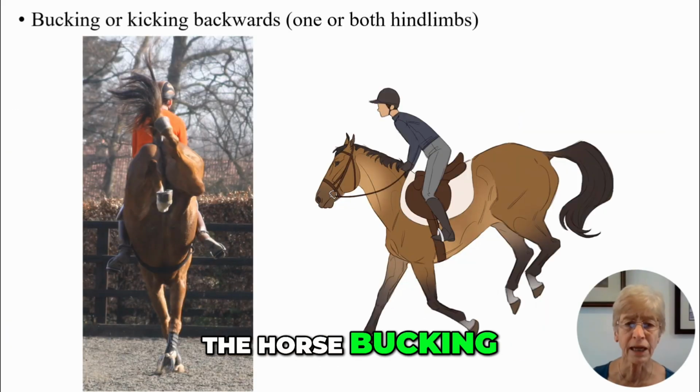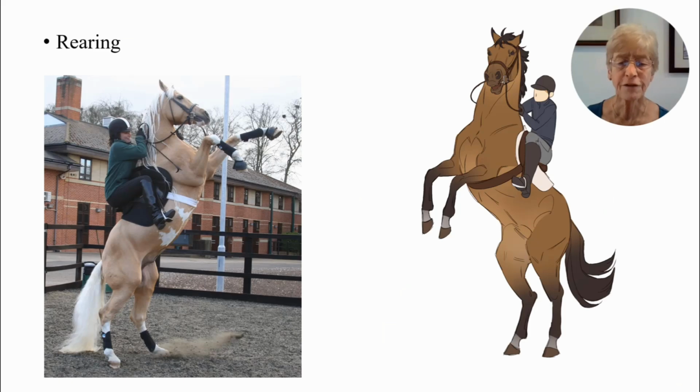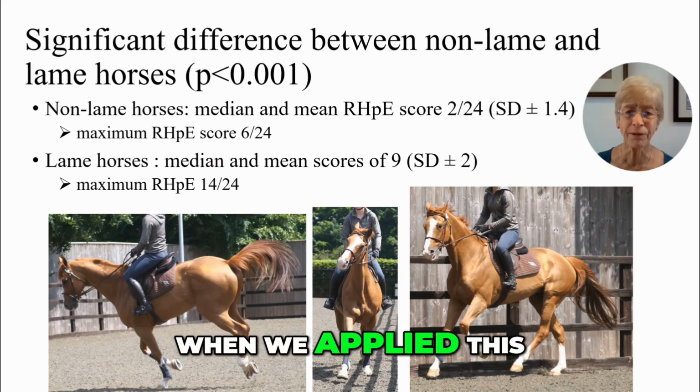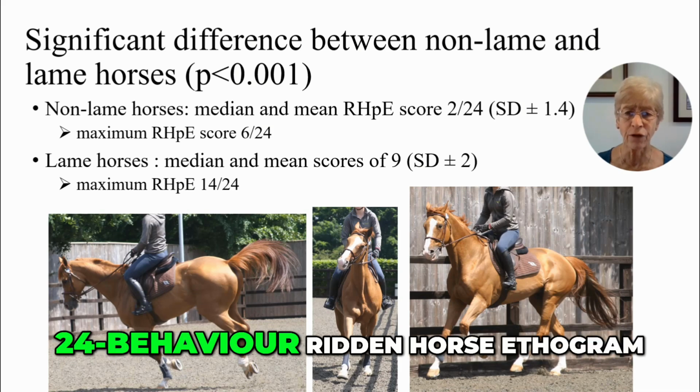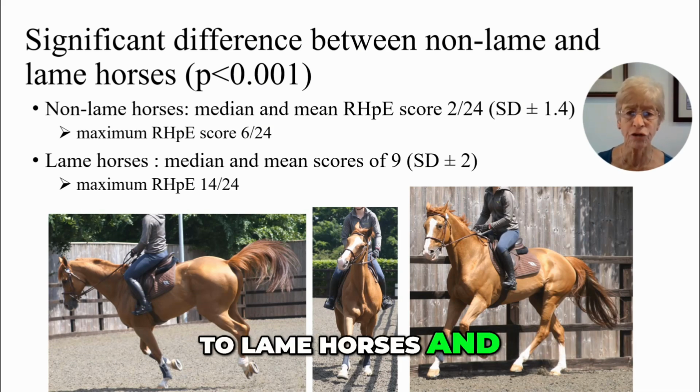The horse bucking and/or kicking out backwards. And finally, rearing. When we applied this 24 behavior ridden horse ethogram to lame horses and non-lame horses, we found